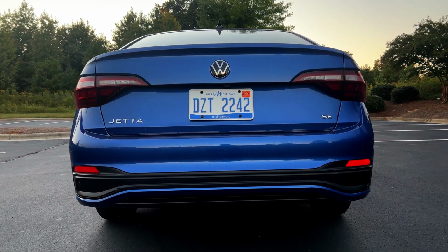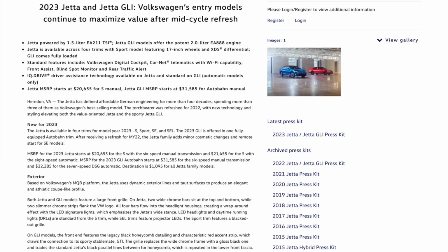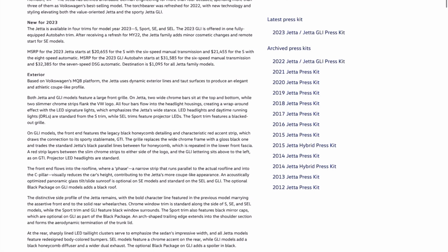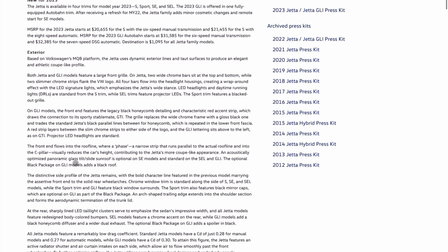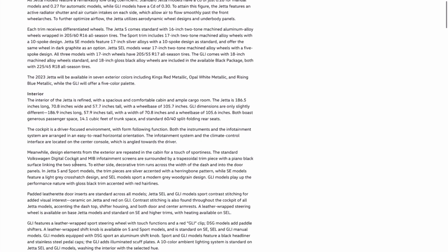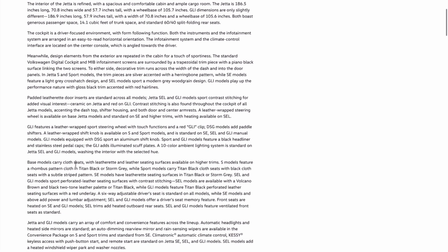For 2023, we don't really see any massive changes because obviously this 2022, that's the primary mid-cycle refresh model that we're checking out here. So I believe in 2023, we get some more revised bumpers and one or two other standard features, which I will list on the screen here for you to read. But let's go ahead and let's transition over into this exterior now,